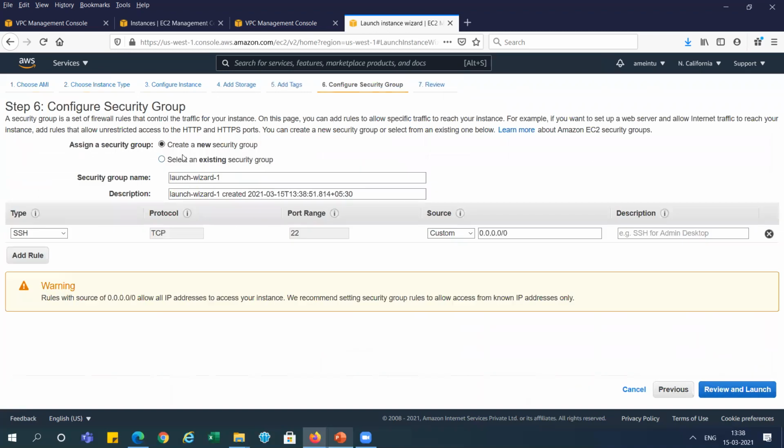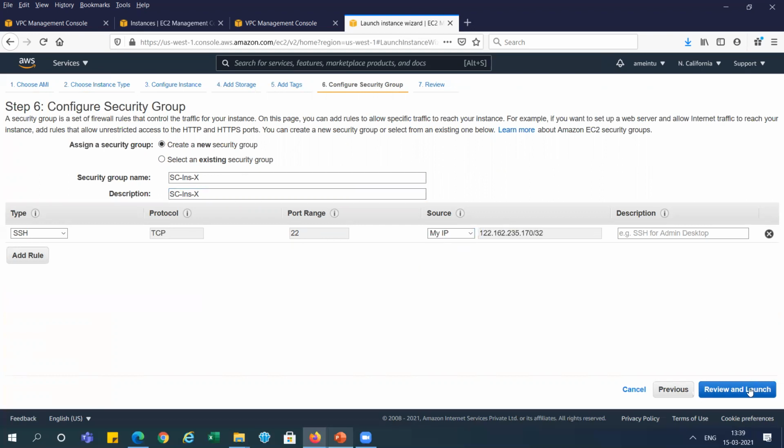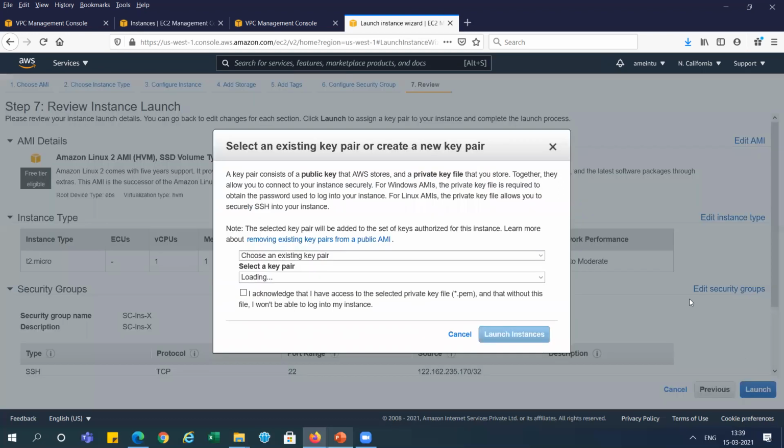And security group, you can select security group INS X, right? Security group INS X, and select my IP, and launch the instance, right?